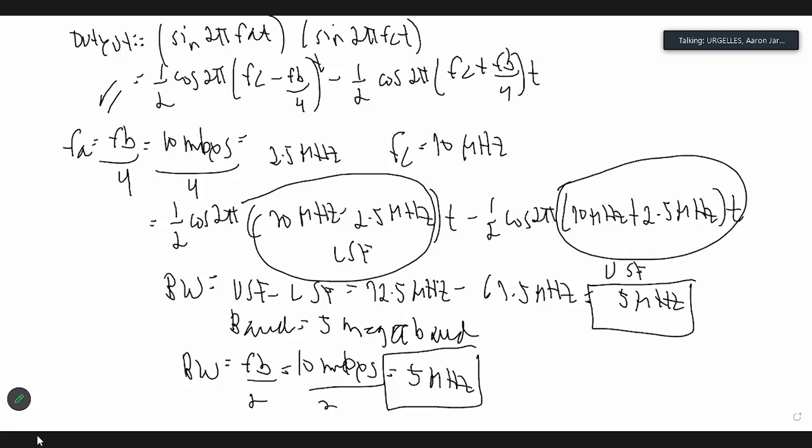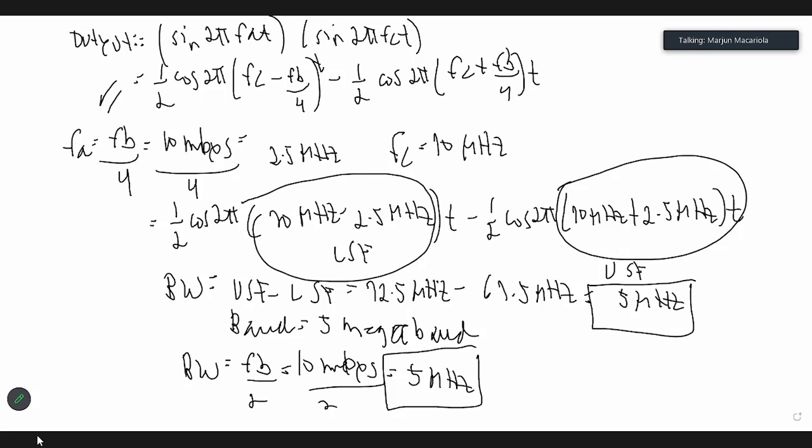Sir, paano po naging 5 megahertz yung sa equal po nung 67.5 megahertz? 72 minus 67.5. Di ba 5? Okay po. Thank you po. Okay. Okay na? So again,